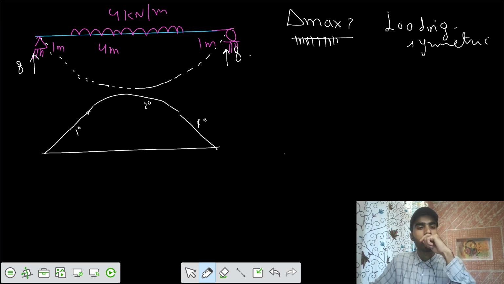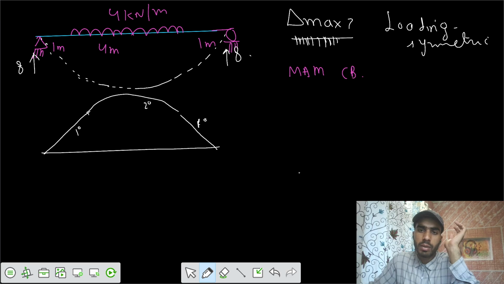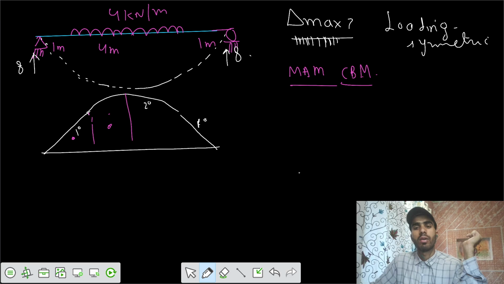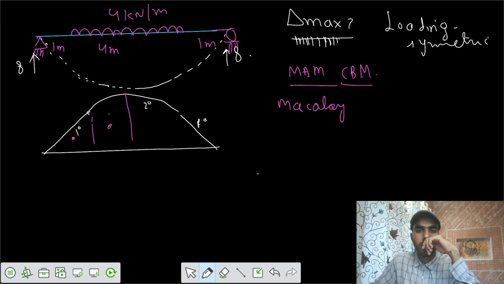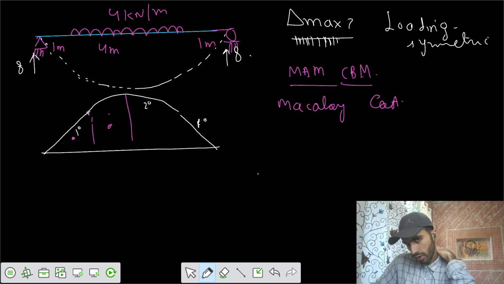So is calculation of the M by EI diagram easy if you use the moment area method or conjugate beam method? Is it easy? This part is easy, but what about this part? To get the centroids of these, it's very difficult to solve by moment area method or conjugate beam method. So we are left with Macaulay's method. We can also solve by Castigliano's theorem, but let's say we are using Macaulay's,